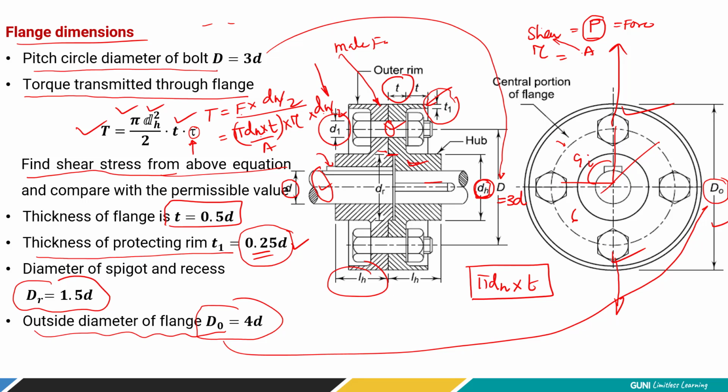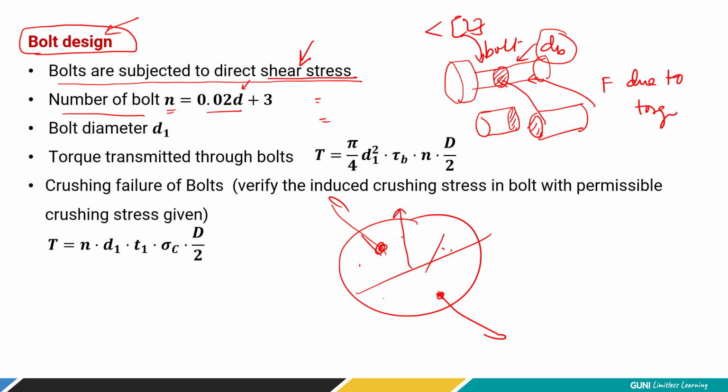So it is balanced out. So there is no resultant centrifugal force acting on a shaft, right? That's why it is recommended that you use an even number of bolts. Now the bolt diameter is referred to as D1. In certain textbooks, it is written as DB, but the concept remains the same.